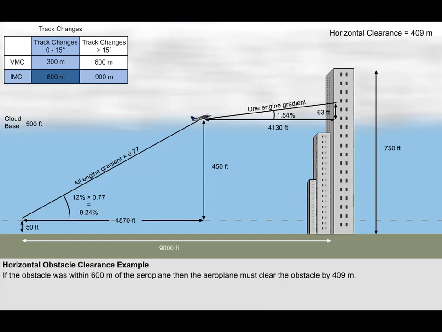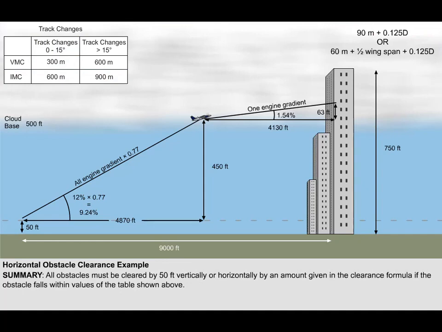If an obstacle were to be within 600 meters from the aeroplane, that obstacle would have to be cleared by a horizontal margin of 409 meters. If the obstacle was further than 600 meters from the aeroplane, it would not be necessary to carry out the horizontal clearance calculation. In summary then, the rules state that the